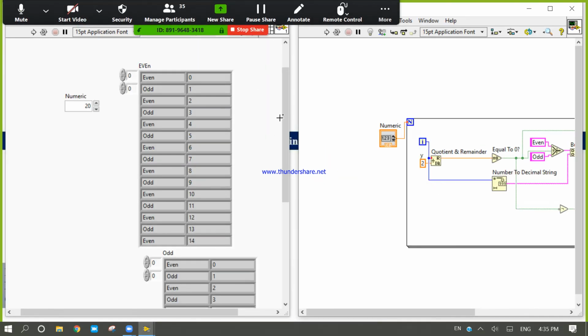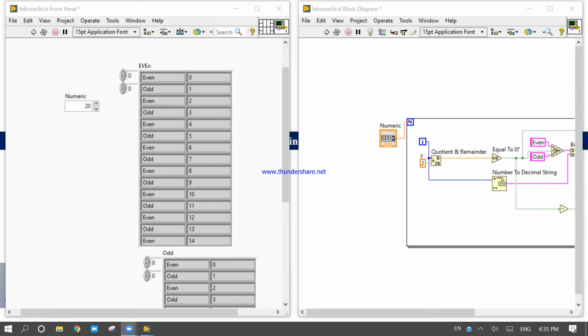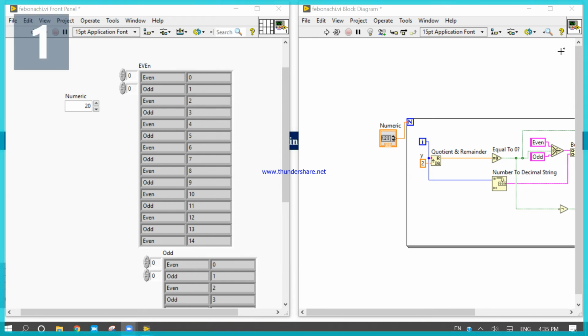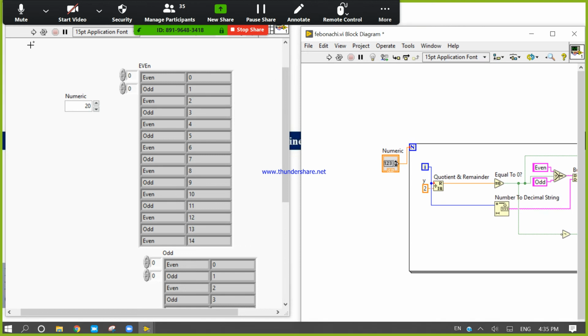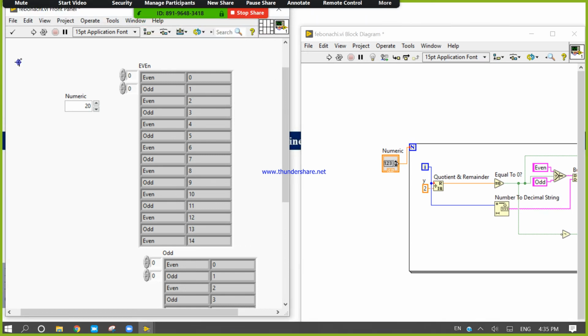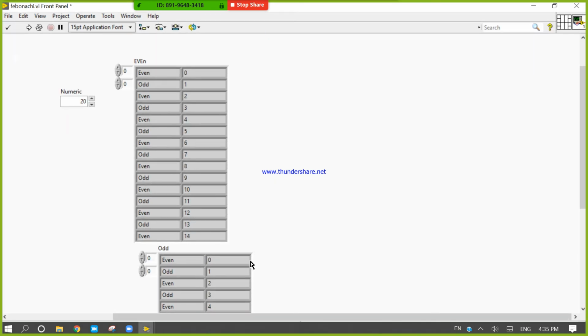Let's check first whether it's right or wrong.